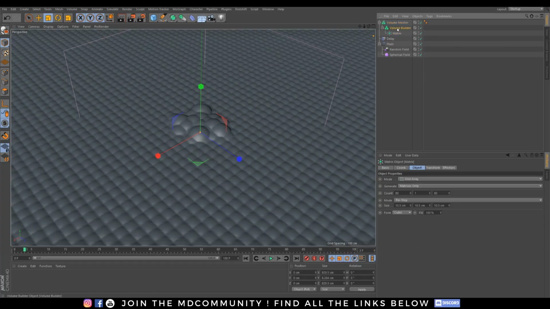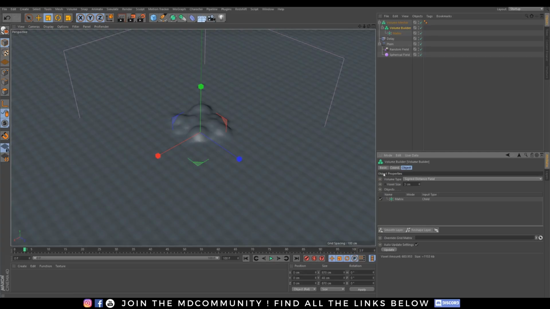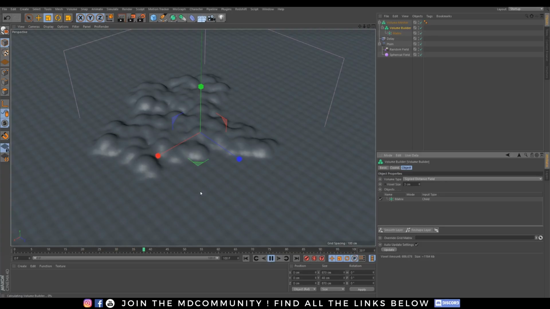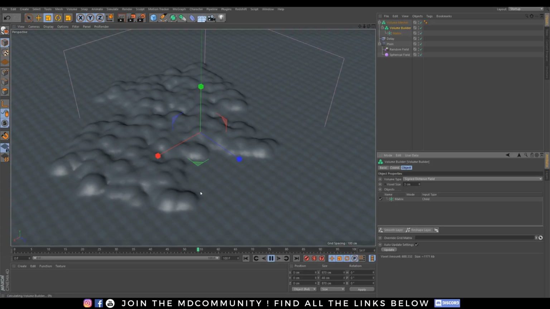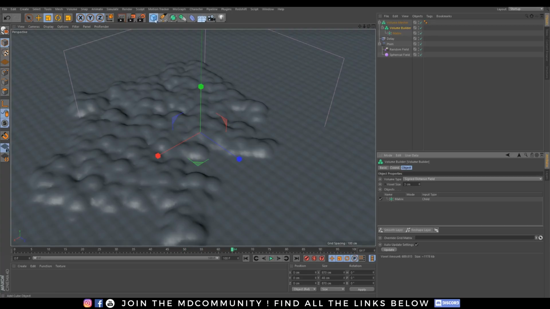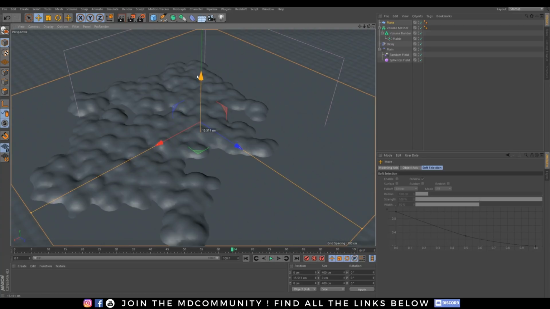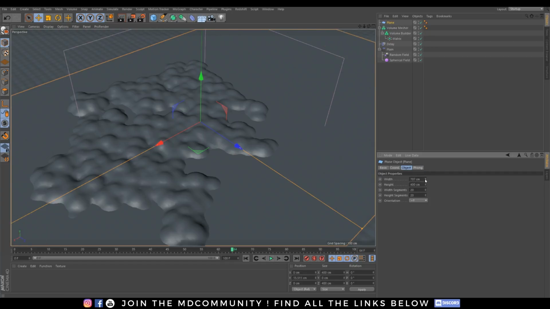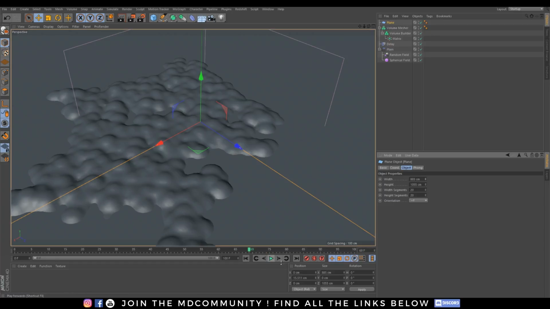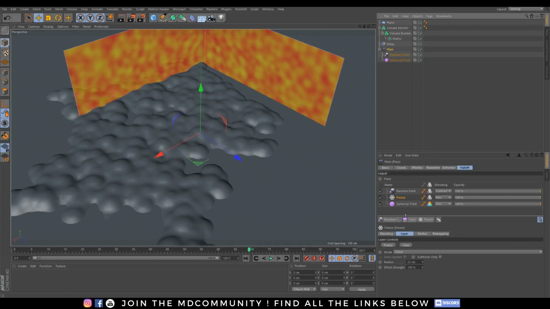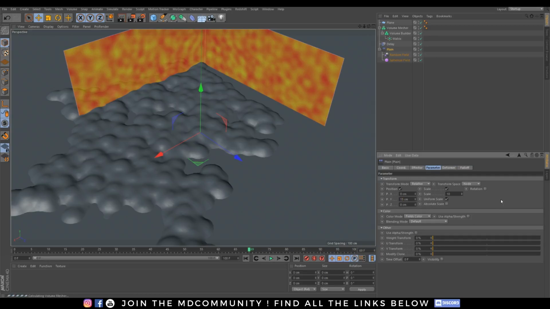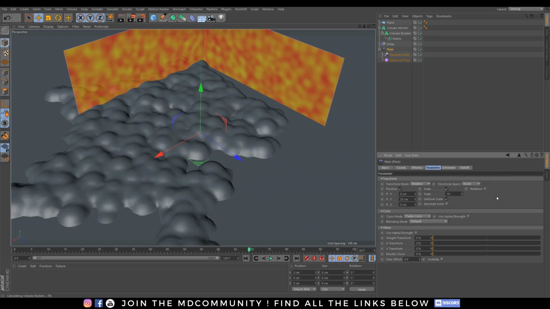Let's change, for my example, the voxel size. 3 can be okay. Really fun and really easy to do. And I can add, for example, plane right there. Just add this a bit so I can have the effect happening on the floor or something. It's nice. And I can also increase the plane effector influence like this to have something far bigger like this.